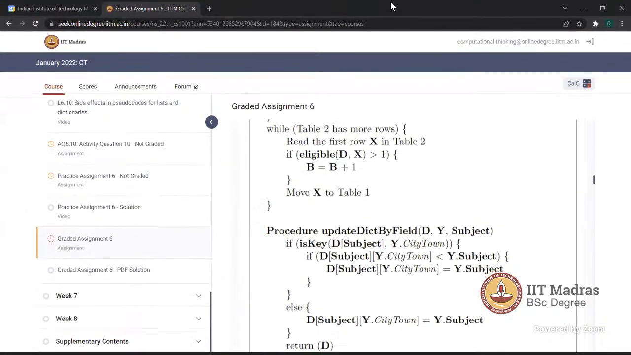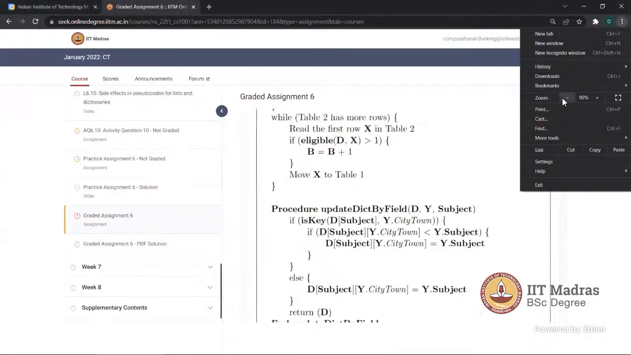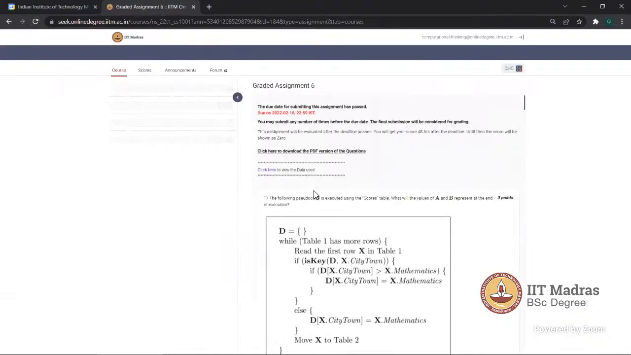I just couldn't understand that procedure. How we are getting